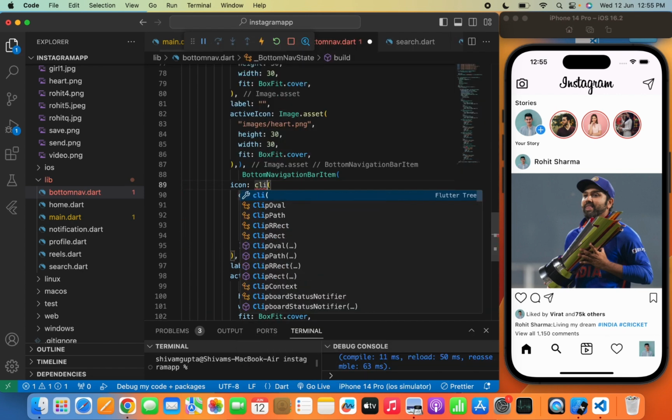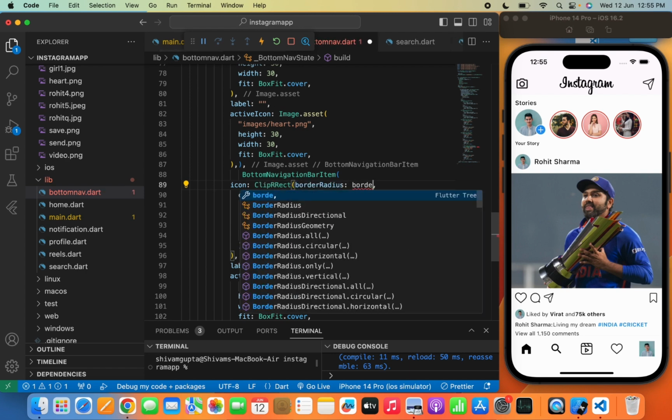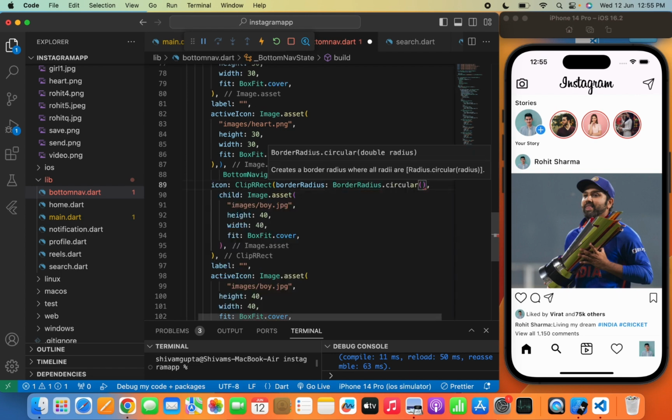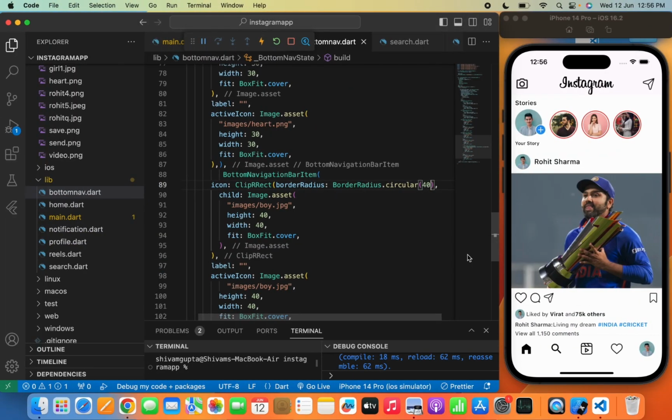So we'll wrap it with a ClipRRect widget. We'll write BorderRadius.circular, maybe 40. Yeah. So here it is done, and we have successfully made a clone of the Instagram app. So we have just tried to make the UI of our home page, and I think it looks exactly maybe 95%, and you can say a 5% difference, but I have tried my best to make a clone of what